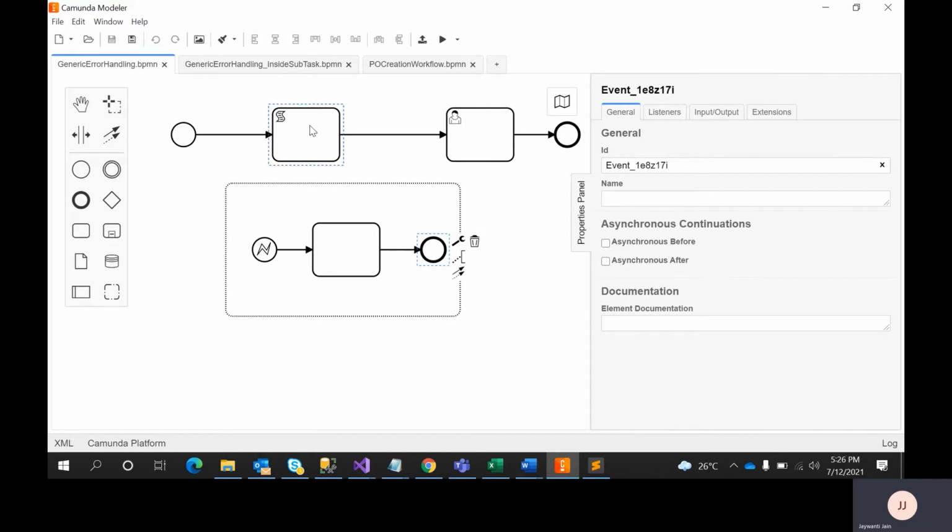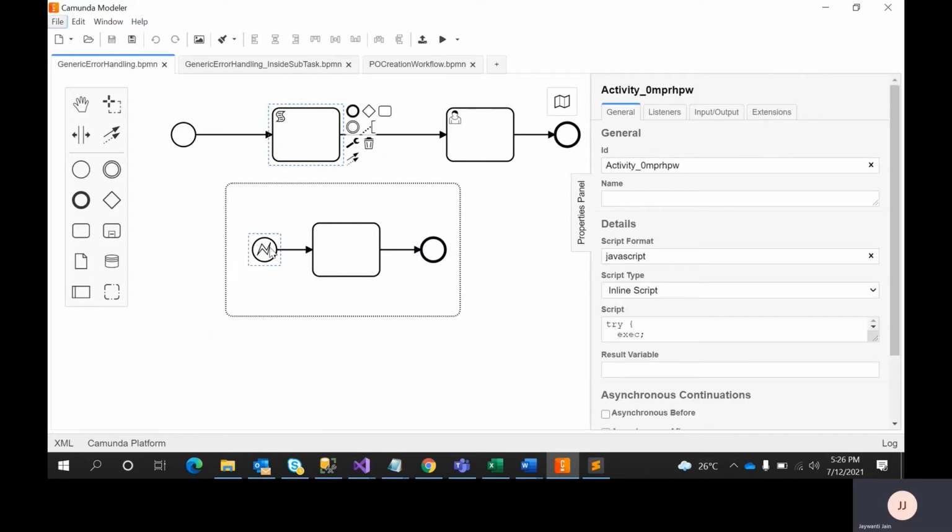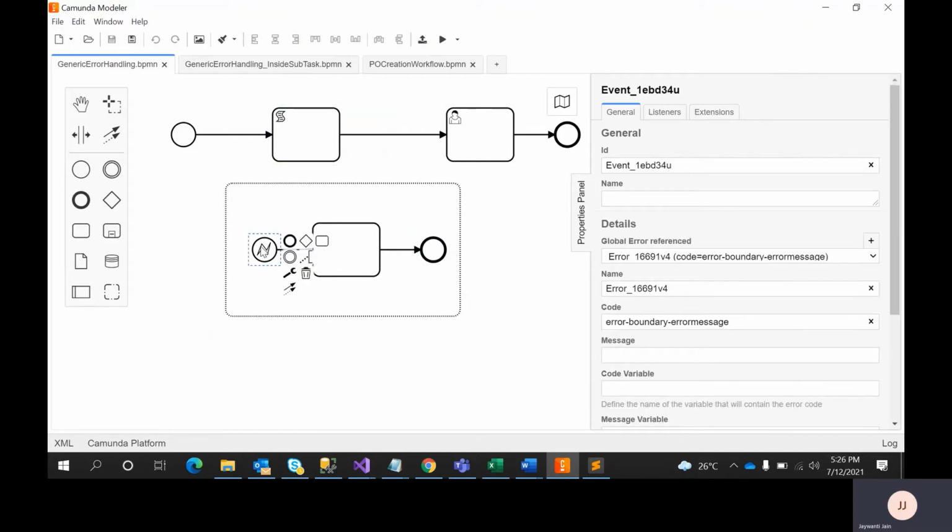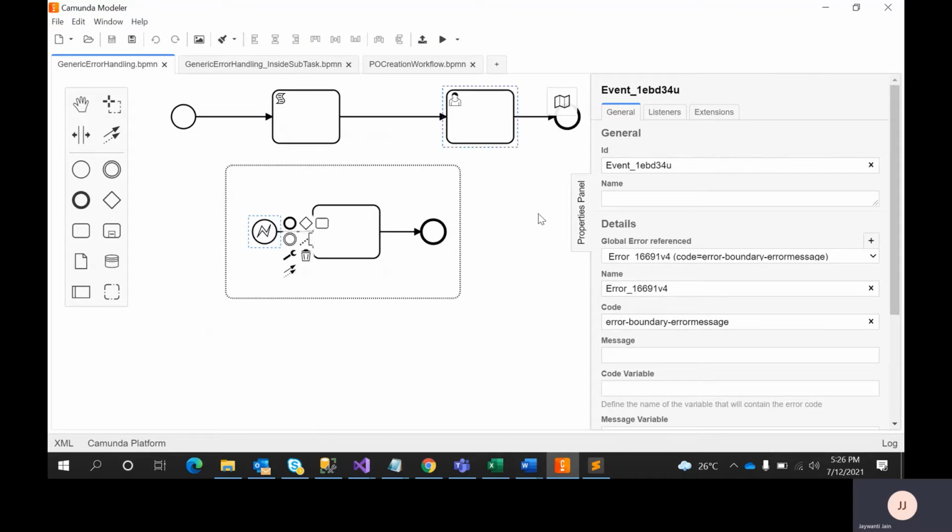In this way, the process will not move ahead. Control will directly come here if any error occurred, and it will take this path and end the process. So what will happen in the success scenario? If there is no error, then control will come over here, and it will execute the user task, and simply end the process. Control comes here only if we are throwing an error and this error is caught somewhere over here.